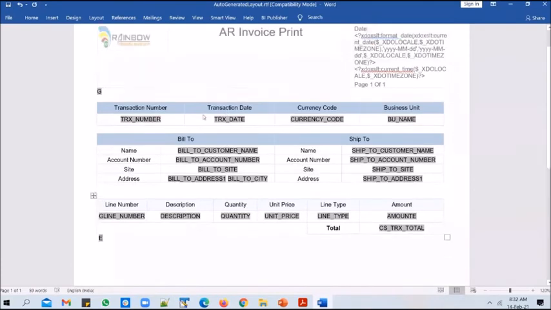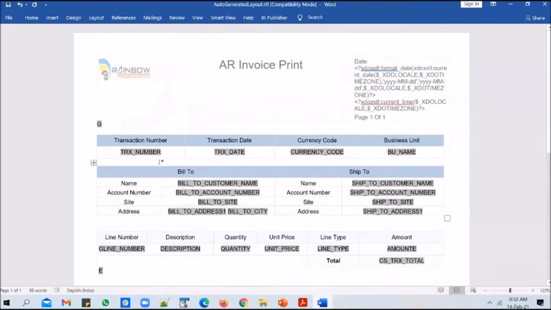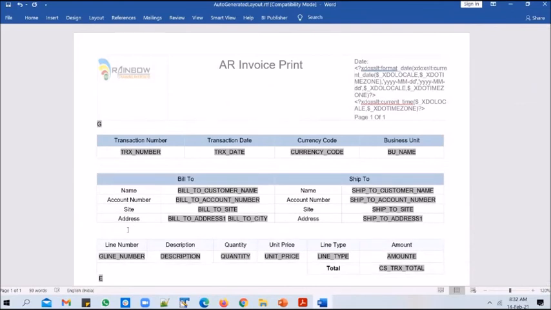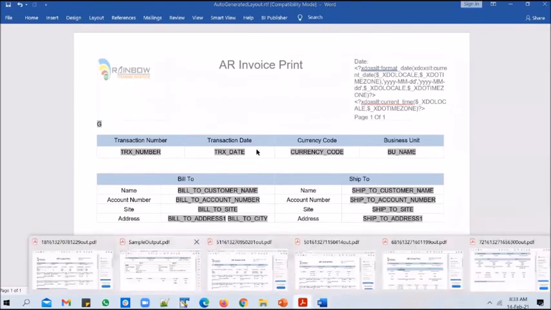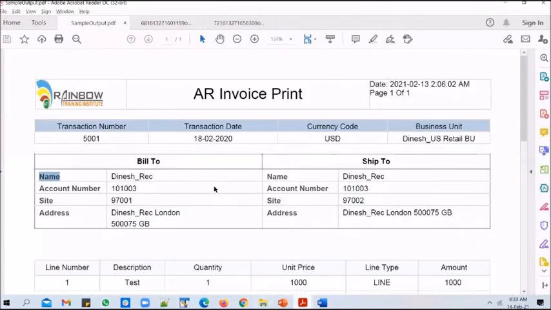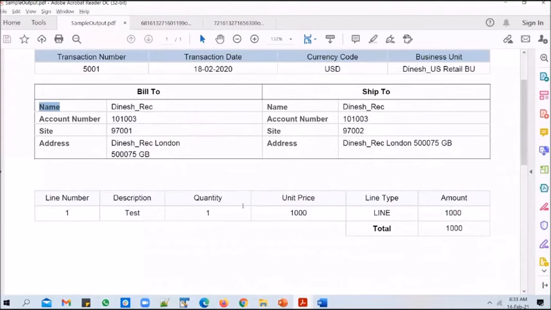And this is how you generate the report layout and align it with the customer layout that you have received from a client. Okay, so what did we do? We generated a report RTF document, and we have made changes to that RTF document and aligned the RTF document with a PDF output that the client has shared with us. And it's looking good.